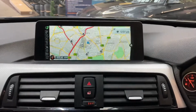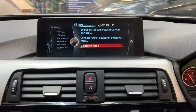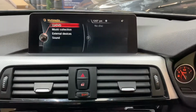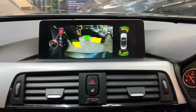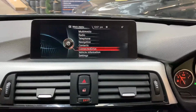Having that widescreen certainly will help using the really intelligent sat-nav system. There is of course also Bluetooth telephone and audio, DAB radio, wide array of multimedia inputs including Bluetooth, USB and AUX inputs. There is that really helpful rear facing reversing camera along with your front and rear parking sensors. If we go back through into the main menu, put the car back into park,